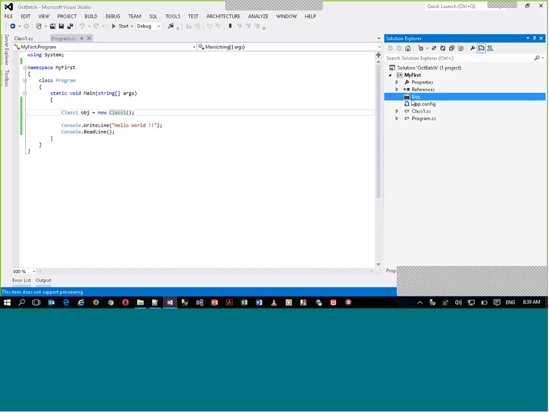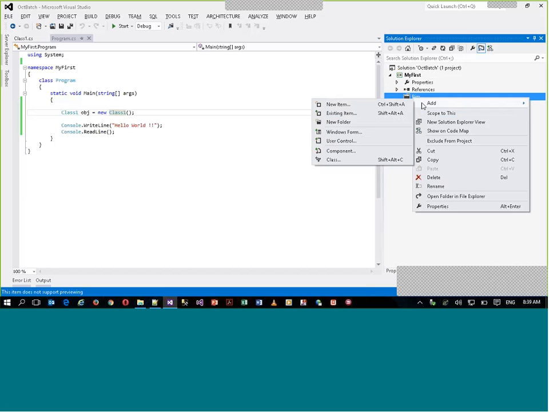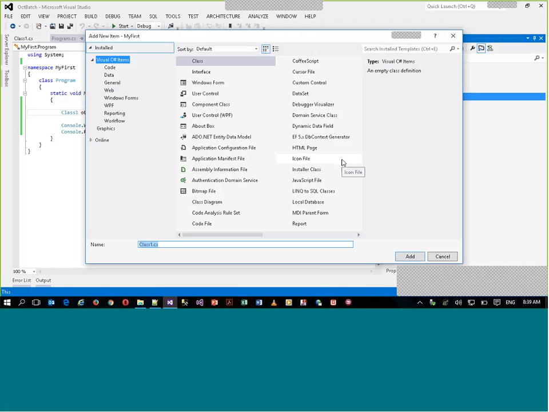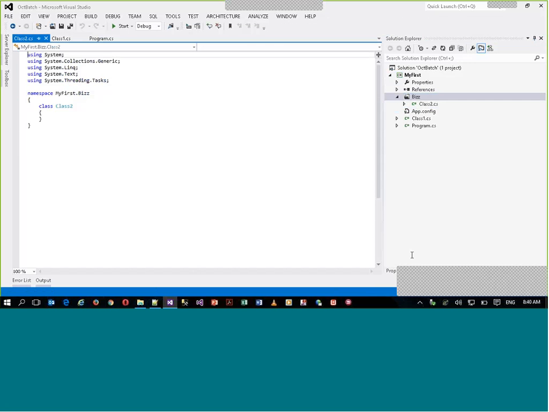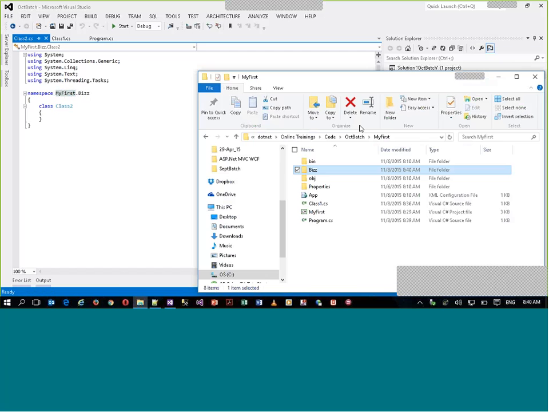So now let me create one class here. Right click and say add a class. So let me call it class 2, for example. Click on add. Right? Now look at the namespace. The namespace will change, or will get appended with the absolute namespace. My first is the starting, which is the main folder, which is my first, you can see,